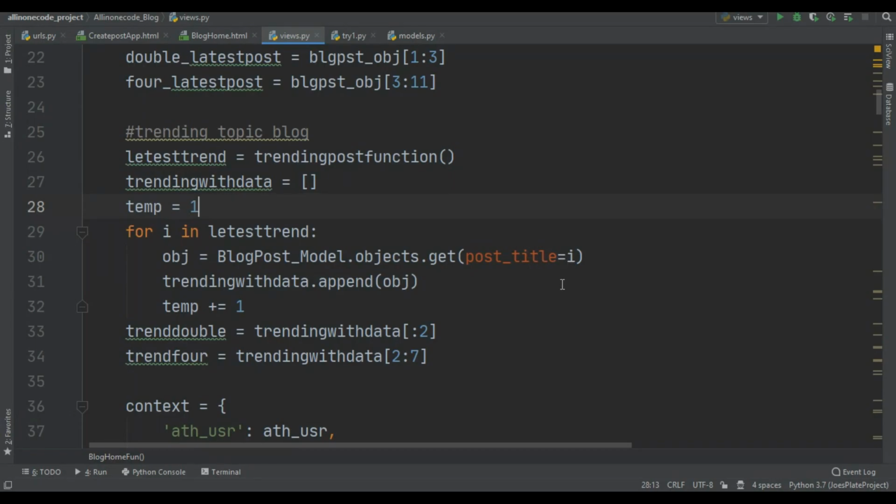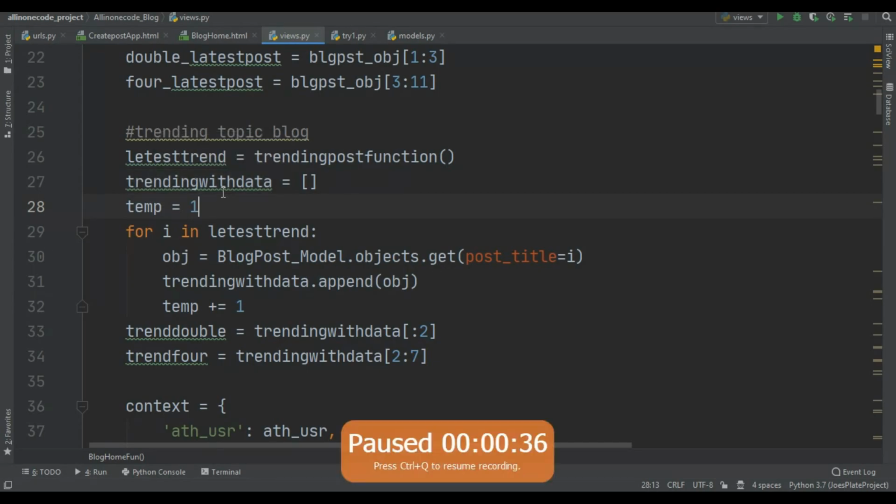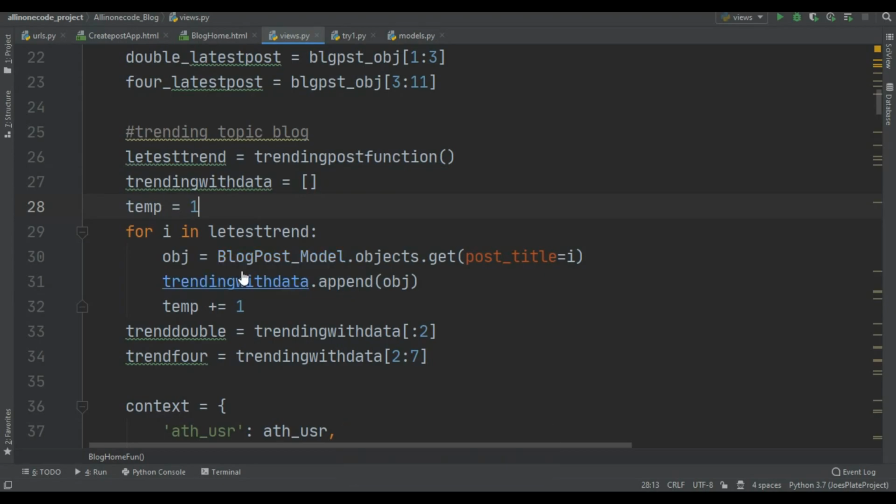If it gets it, it is going to store it in this trending with data. So the first item I got is this post got highest views and likes, and the second one is 13 weird websites, and so on. So I am fetching all of the objects and data. That's the main logic. You can write it down. I created the object for all of the titles and stored it in this trending with data.